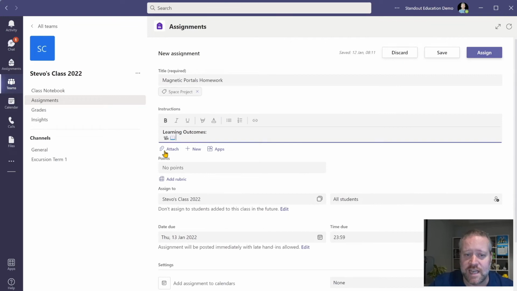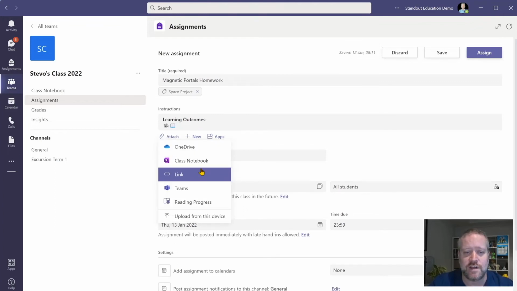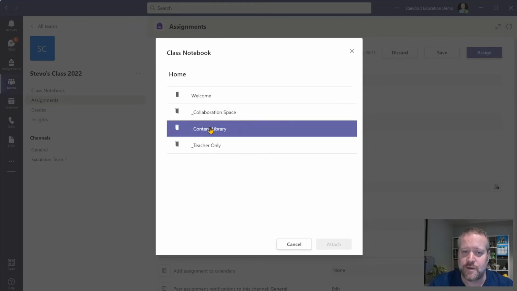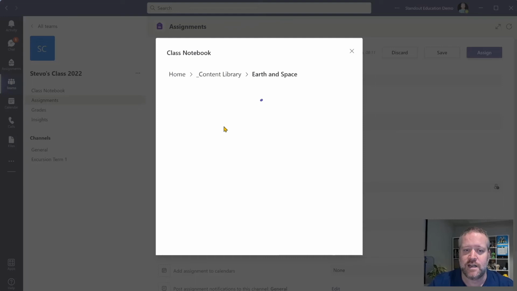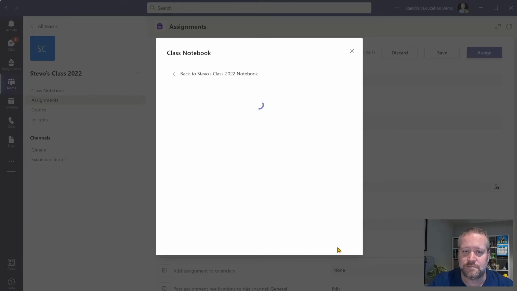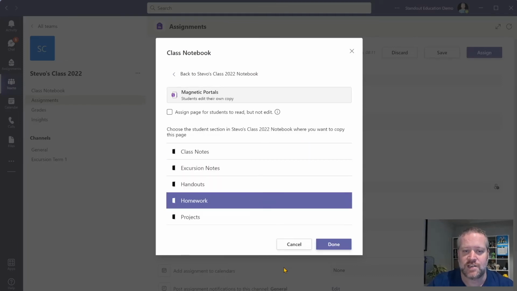Now, I'm going to attach that OneNote page and send it out to all my students. So I click attach, and you'll notice there's a range of different things that you can add. As we're talking about Class Notebook, that's what I'm going to choose today. And then I just need to choose which page I'm going to distribute to all my students. So I know it's in the content library, and I know it's in Earth and Space, and it's called Magnetic Portals. So if I attach that,